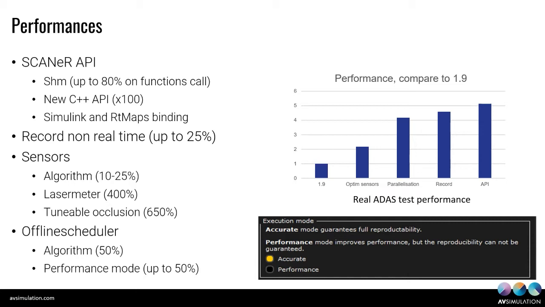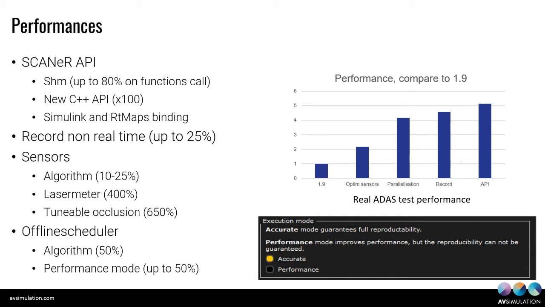We can use directly the structures in C++, and it can be 100 times faster than the old version, but everything is still compatible, so you don't have to rewrite everything, but you can gain performance for your system on the task. For example, we have also speed up the recording, we have speed up the sensor time computation, and